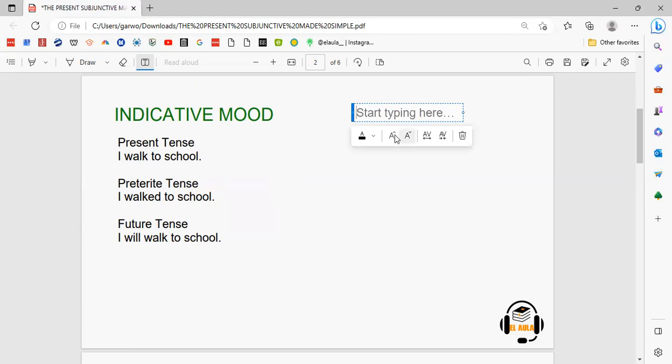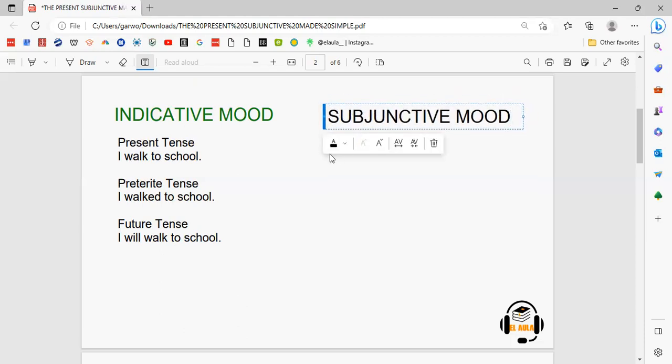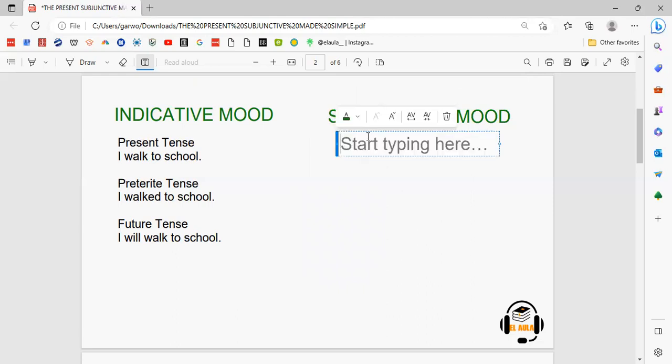Now, when we go over to the subjunctive mood, we're going to see the rules for conjugating or forming the present subjunctive mood. But outside of the technical or conjugation differences between the subjunctive mood and tenses that fall under the indicative mood,